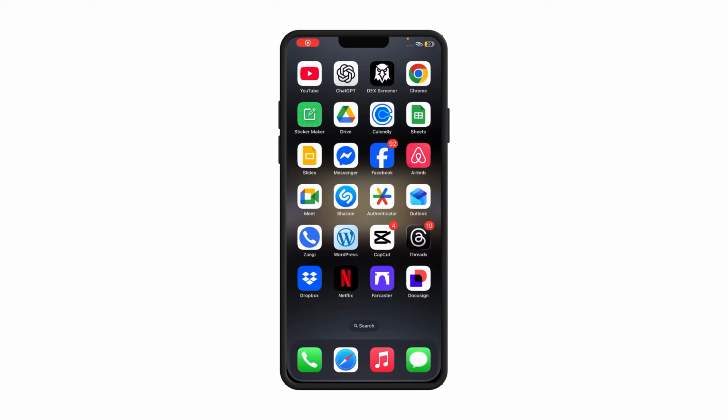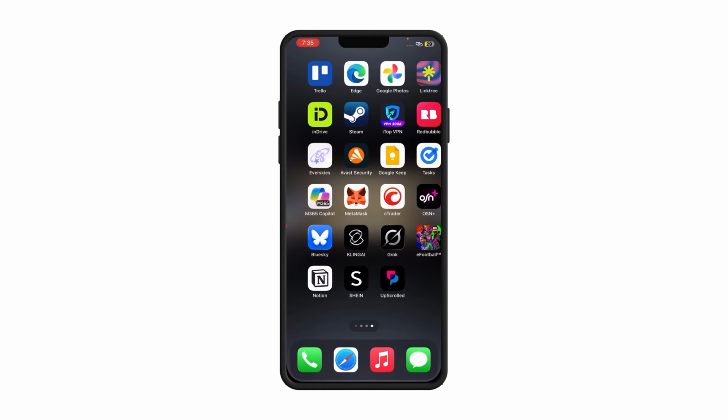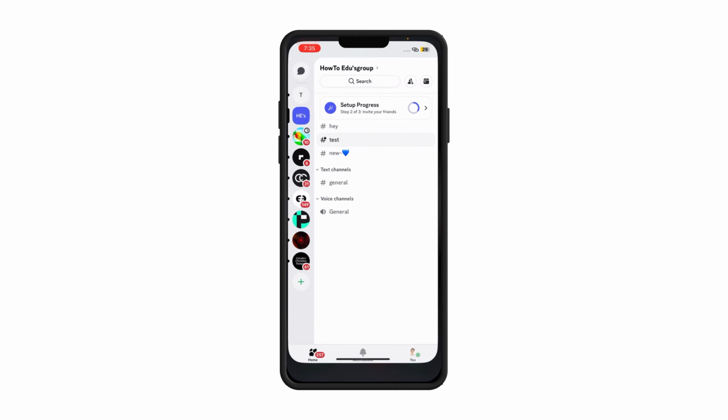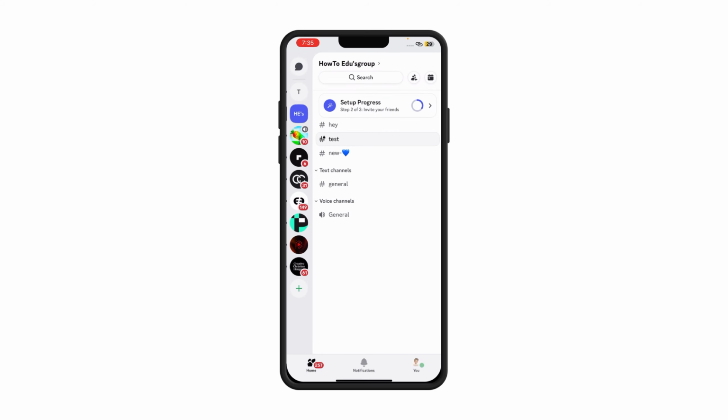In this video, I'm going to show you how to delete all messages on a Discord server. So open up your Discord. There are two ways you can actually do this. If you're in a server and you'd love to delete all the messages you have sent in the server,